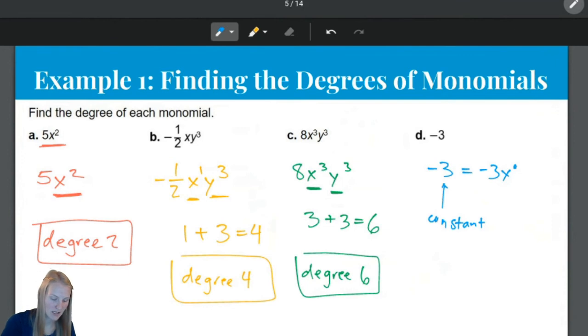Because remember, anything with an exponent of 0 is just 1, and -3 times 1 is just -3. So the exponent of the variable is 0. So this has degree